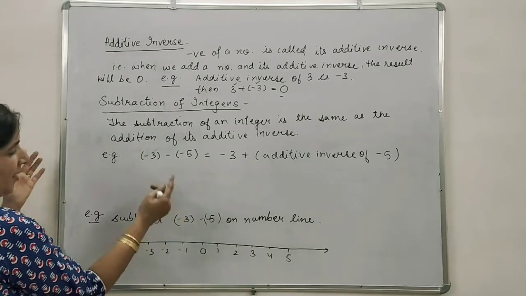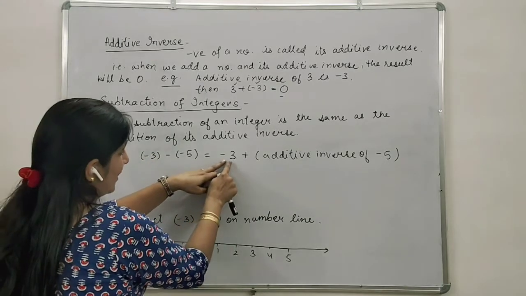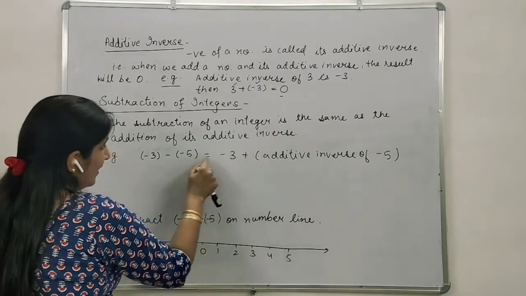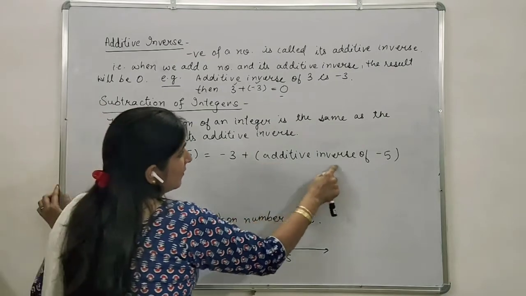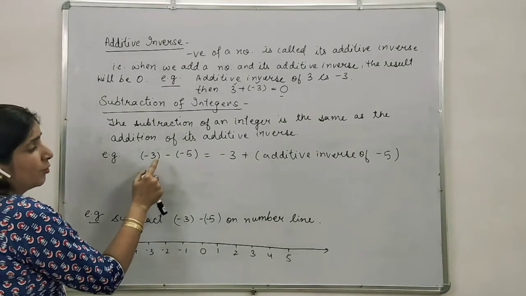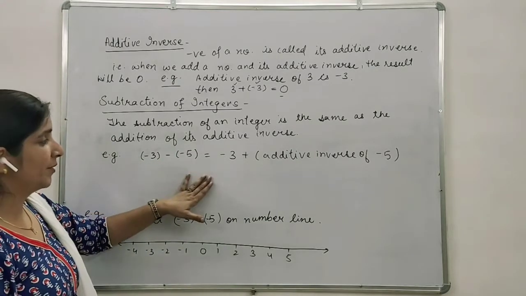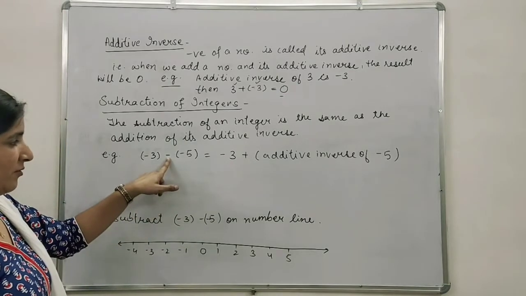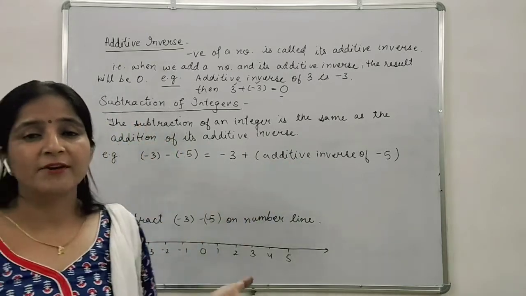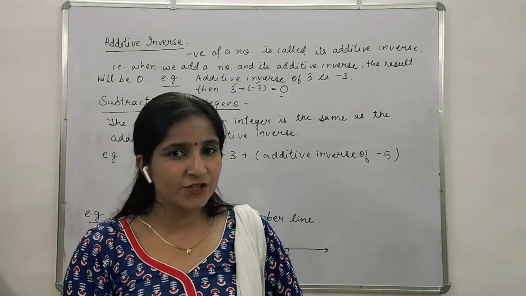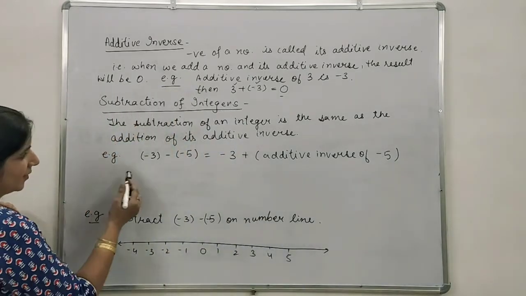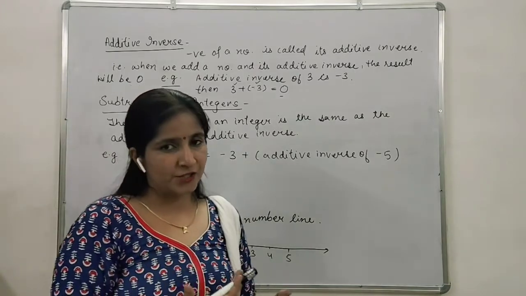It is the same as if we write minus 3 the same and add the additive inverse of 5. Both statements are the same. If we don't know how to subtract, we can simply put the addition sign in place of the negative and write the additive inverse of minus 5 here. Then we can reach the result. As we have already learned addition, it will be very simple for us, so we can practice subtraction also.